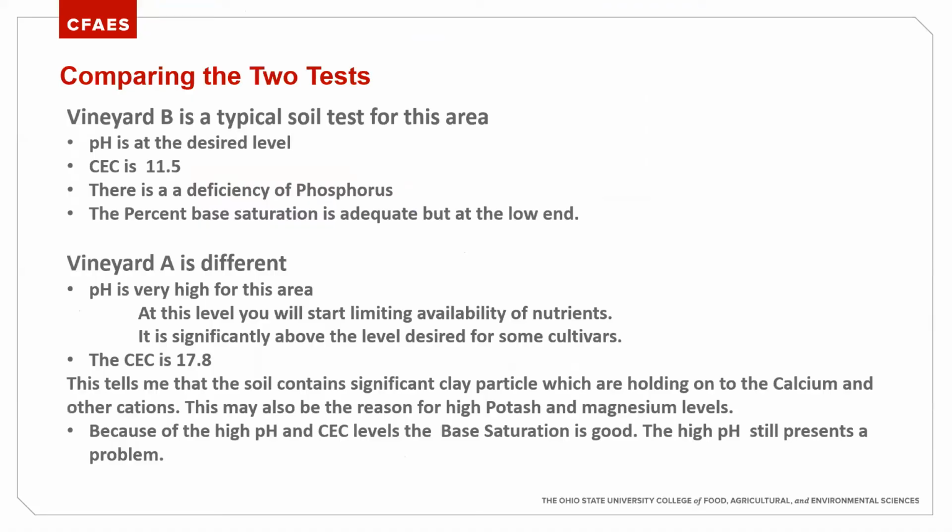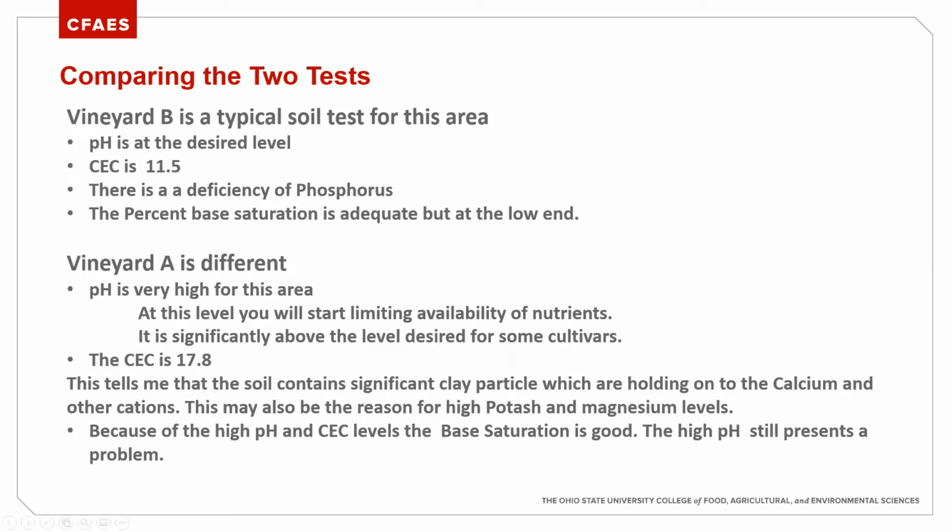Here's my comparison. Vineyard B is a typical soil test. The pH is at the desired level. CEC is at 11.5. There is a deficiency in phosphorus, and that needs to be corrected. But the percent base saturation is adequate. In other words, you're going to see calcium levels, which you need for grapes, above 65 and pushing towards 80. That base saturation for calcium is high. The ratio we want is probably about 65-15-5 in calcium, potassium,